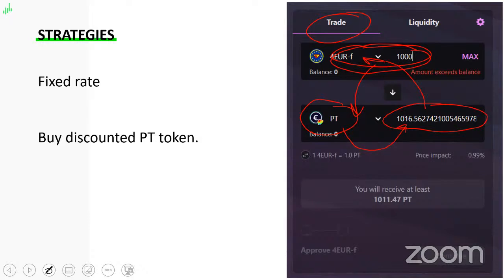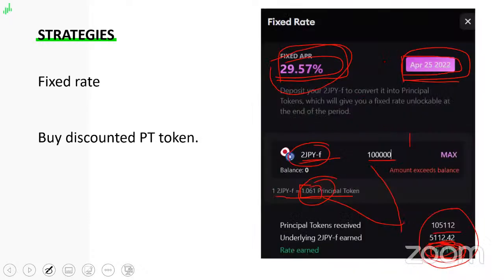So 1.6% until the 25th is less interesting than what we can get on the Japanese yen. Why? Because the 25th is in 2 months, so if you multiply 1.6% by 6 to get the yearly yield, it will be close to 9.6%. But right now, Bifi pays, I think, something like 10 or 12%. So it's actually more interesting to keep the token on Bifi and wait for a bigger discount rather than to buy the PT token. So it's interesting to buy the PT token on the Japanese yen.